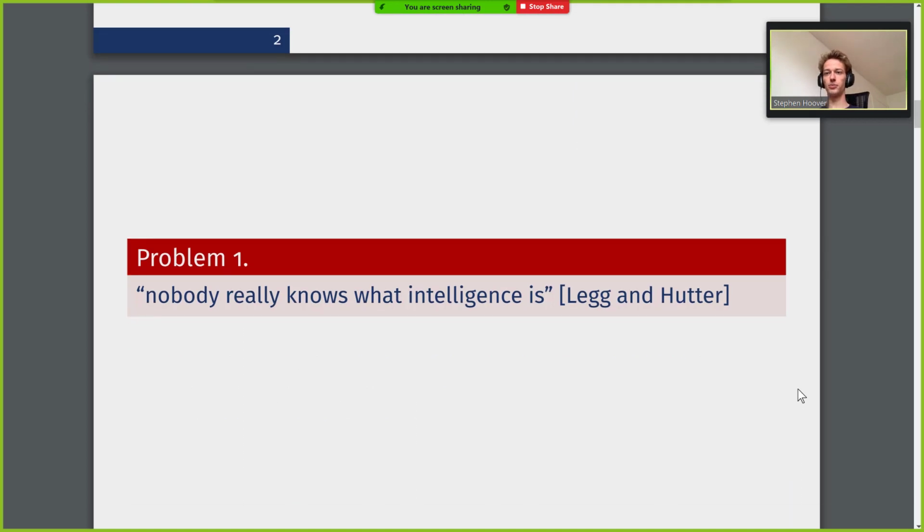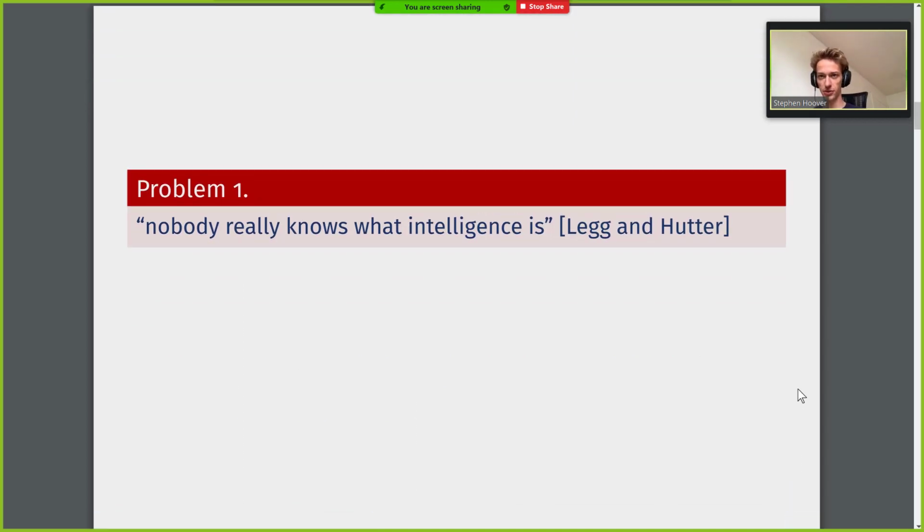So the primary focus of this paper is the following problem, and that's that nobody really knows what intelligence is, and that's what they say in their abstract. In watching talks Legg has given on his work, he's described the two types of people that talk about AI research in particular. One type is someone who works on computer vision, which we'd now probably extend to the area of machine learning or deep learning or reinforcement learning or other algorithm-based problems, whether they're classification or something else.